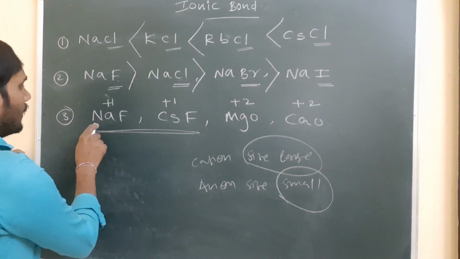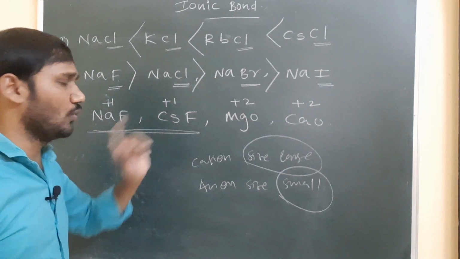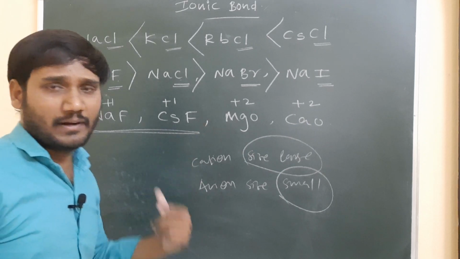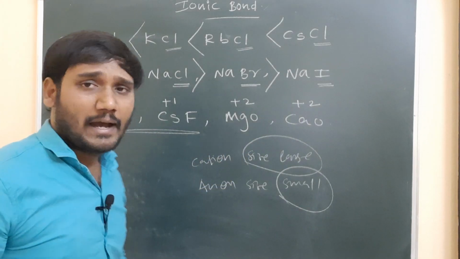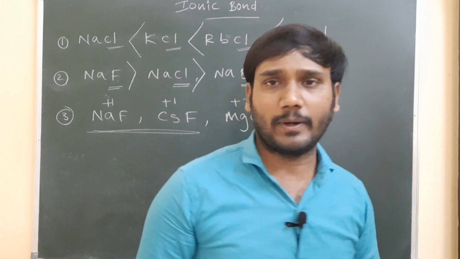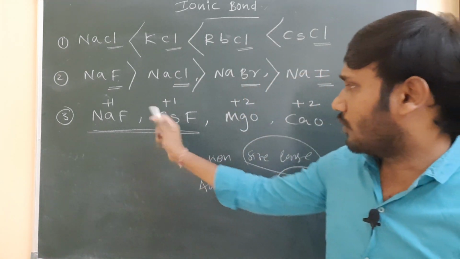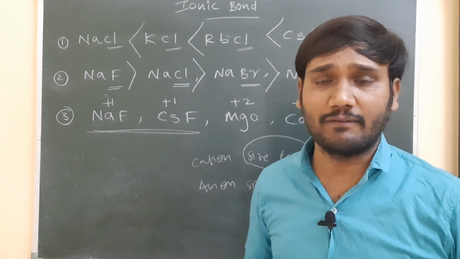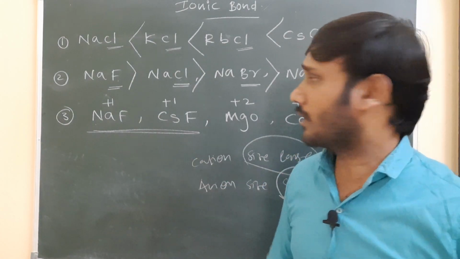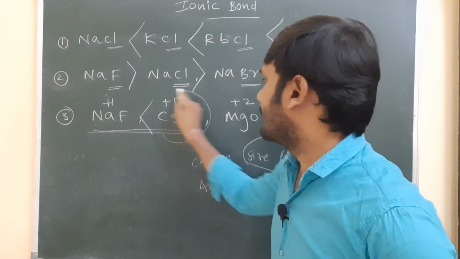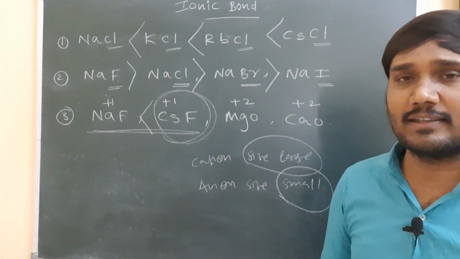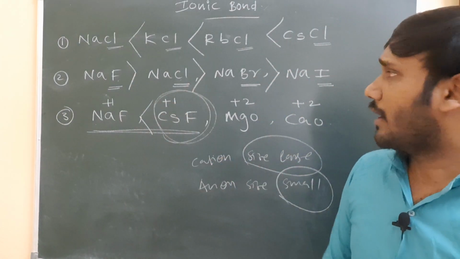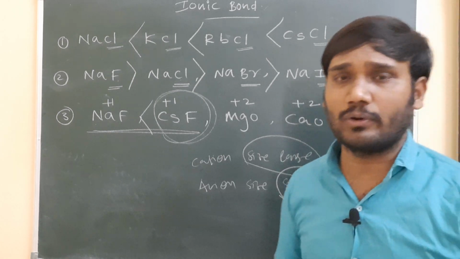So again, one is sodium and the other is cesium, because fluorine is common. So with respect to charge, we decided either sodium fluoride or cesium fluoride. Next, you have to confirm with respect to size. One is sodium, one is cesium. Which size is more? Cesium size is more. So with the larger cesium size, cesium fluoride forms easily. This is the formation of the ionic compound most easily.